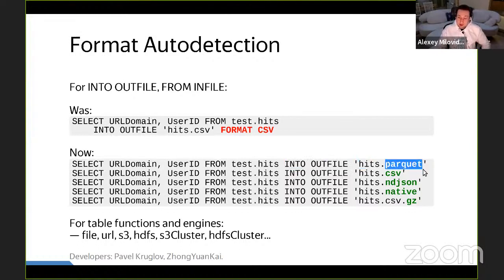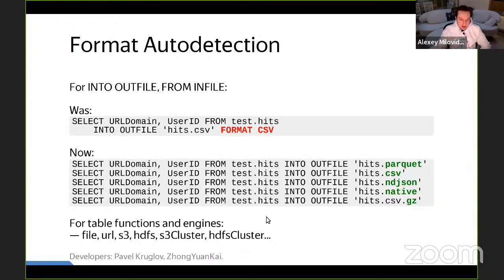And it will be automatically written in Parquet format, or CSV, or JSONEachRow, that is newline delimited JSON, NDJSON, native format. If you write some file extension for compression like GZ, XZ, BZ2, or something like that, the file will be automatically compressed.